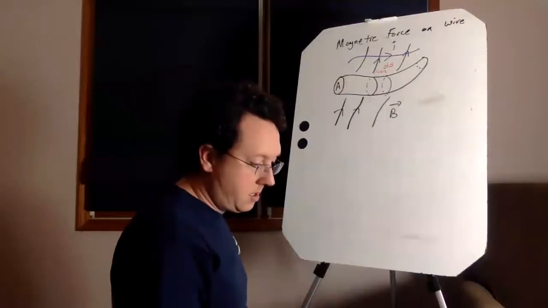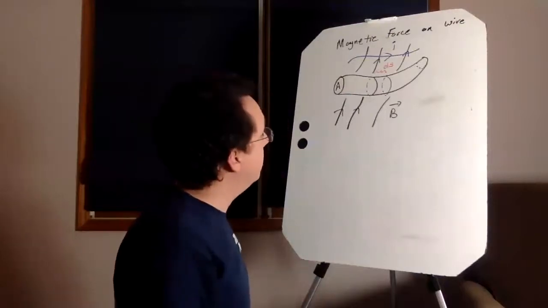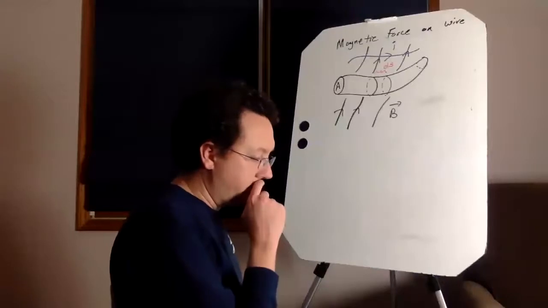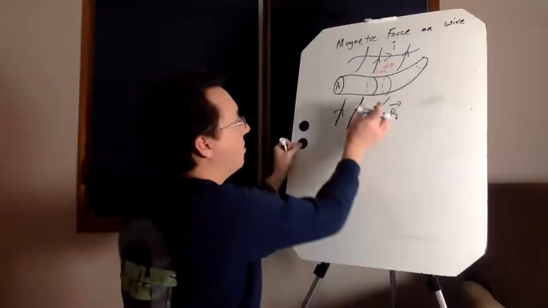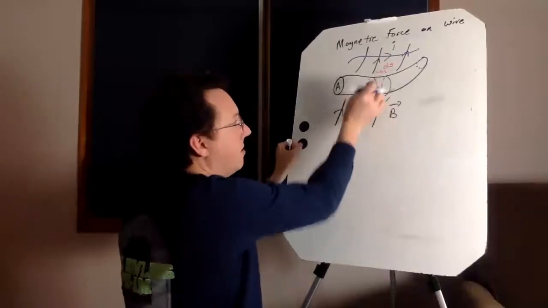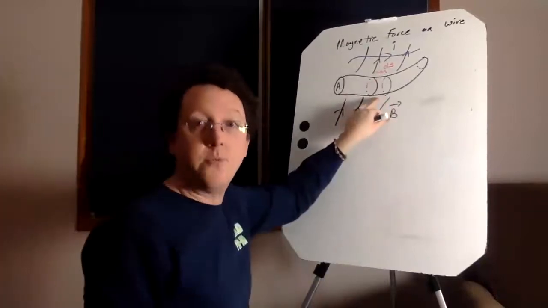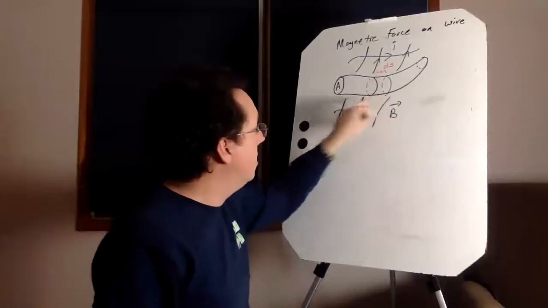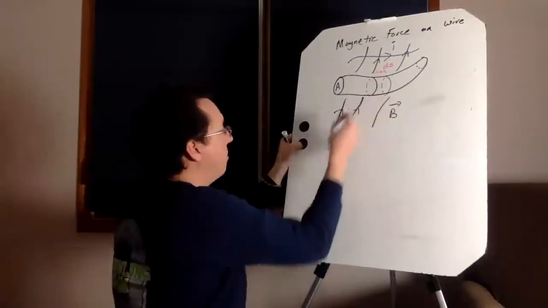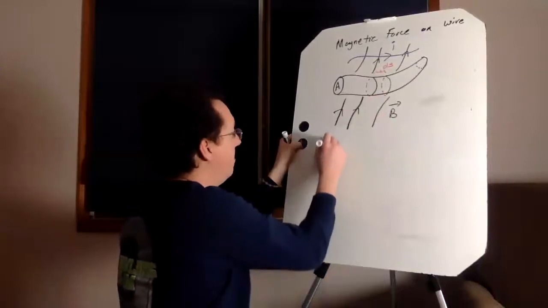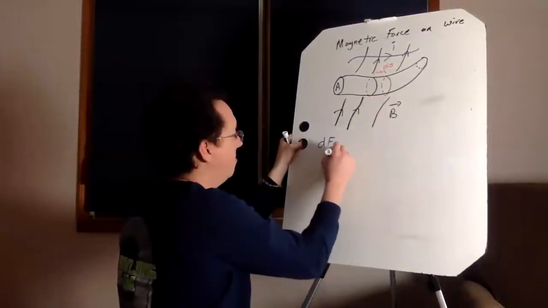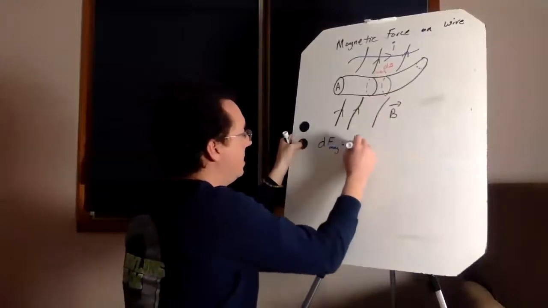And so what we want to know is, remember the formula for the magnetic force on this little segment. Well, it's a tiny segment. It's a differential size segment. So we know that the magnetic force on this is going to be tiny. It's going to be dF magnetic. It's going to be dq,